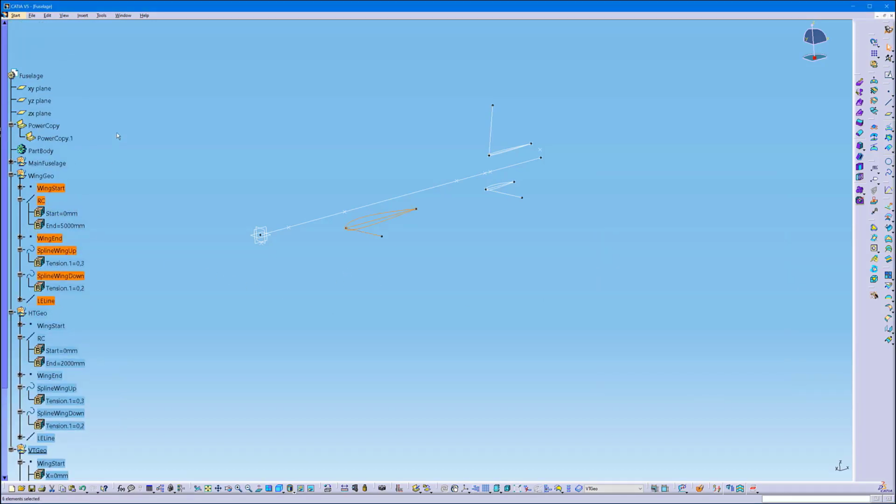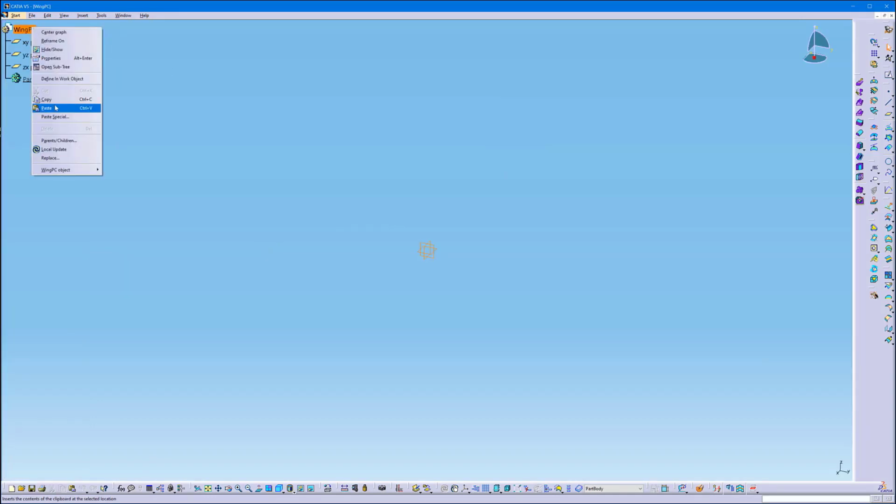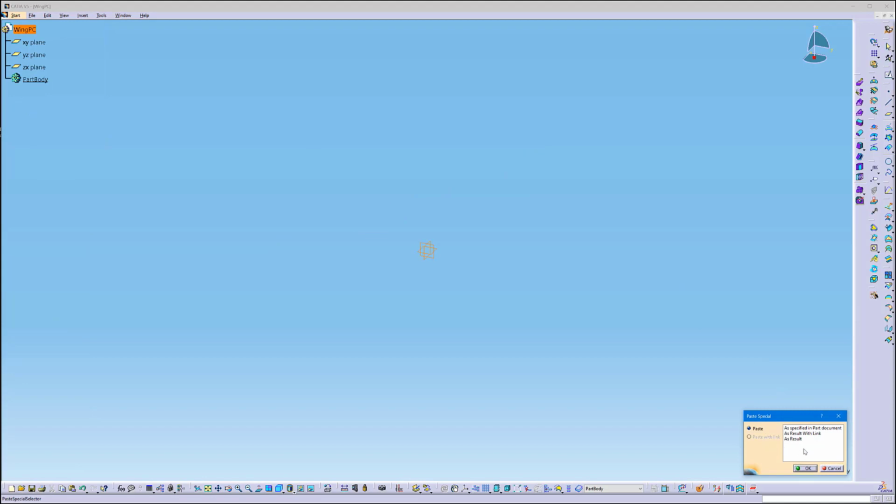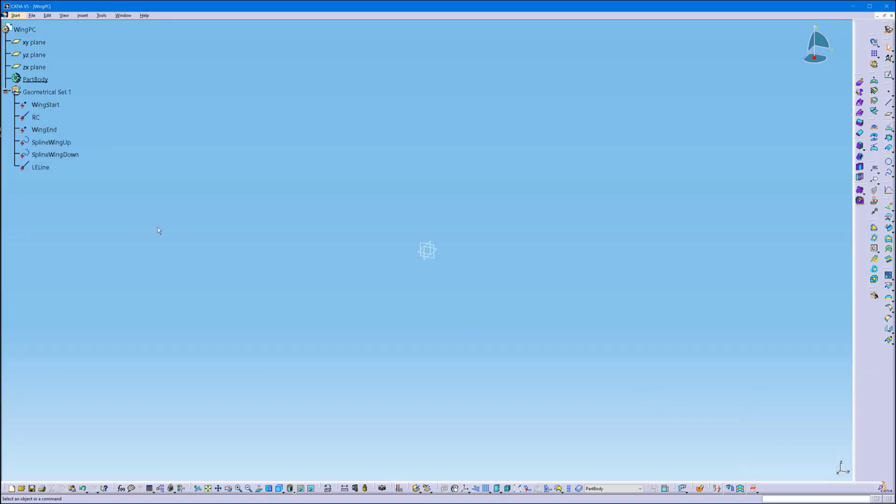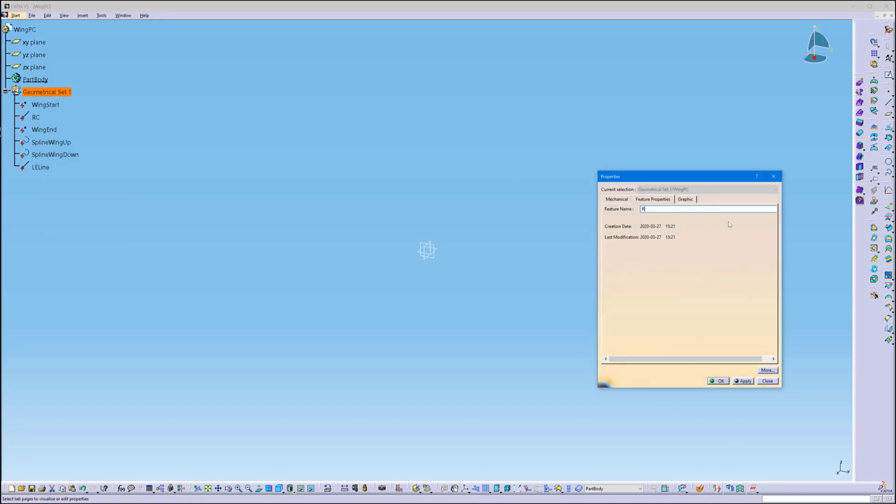Now we'll take these geometries and I will paste them here. Here you choose as a result, because we don't want any specific link to the previous part, because this is not the part which will be connected. This is the part that will give the power copy. We'll come to that later. So we will call this geometry set references needed,